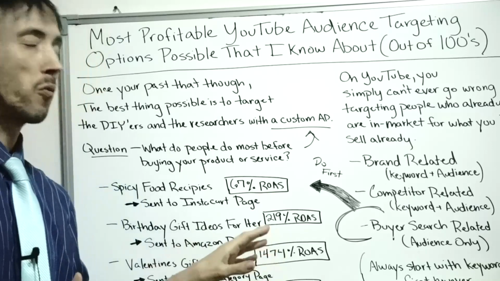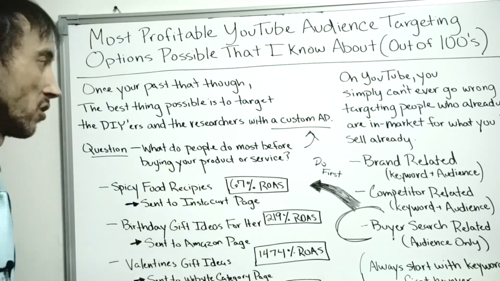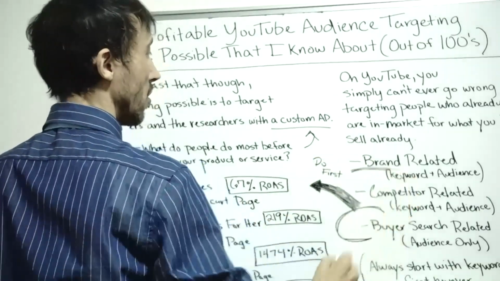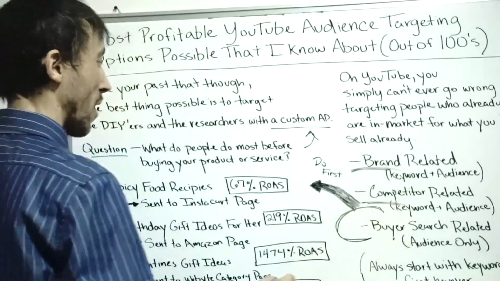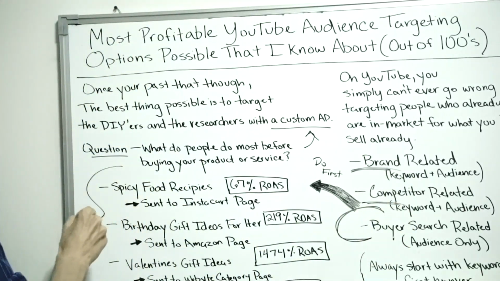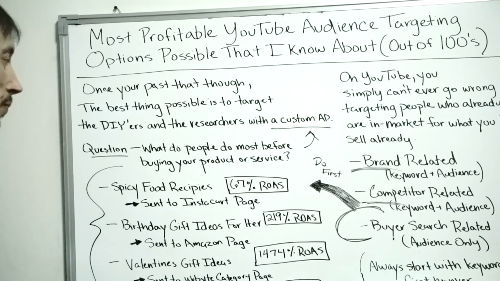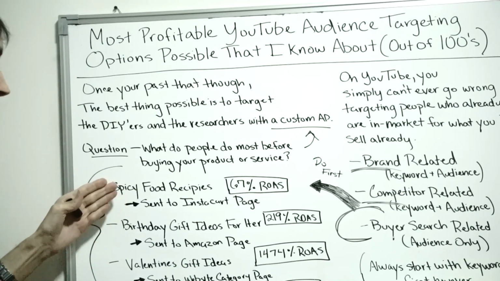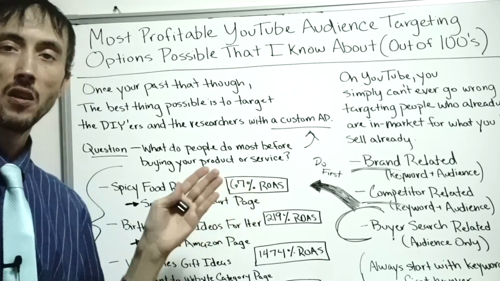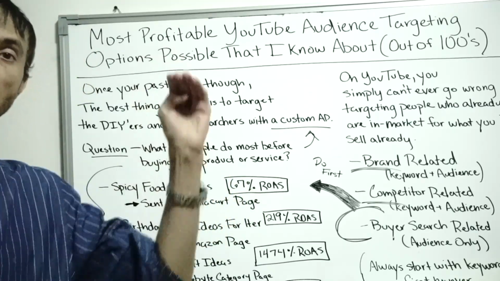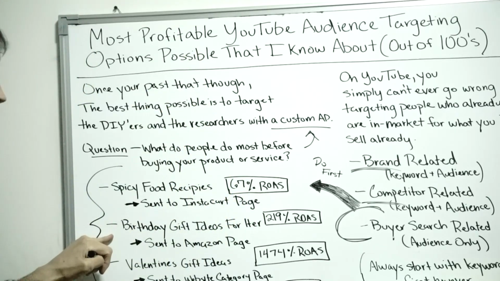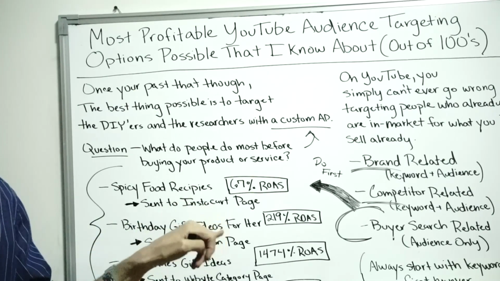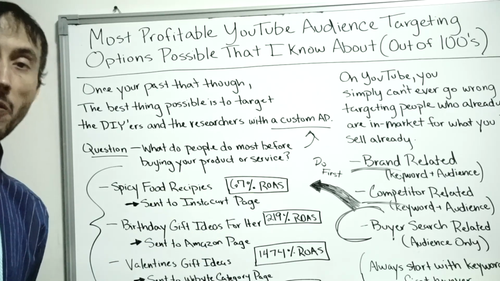So that's the general rule of thumb in terms of the order you want to do things. You target all your brand related traffic, then your competitor related traffic, then you find out what people mostly search for or ask before they buy, and you target those videos directly, which you could do by making a list of the individual videos you want to target, or you can target keywords related to the topic at hand. So like birthday gift ideas could be a keyword you target, which will get you every video